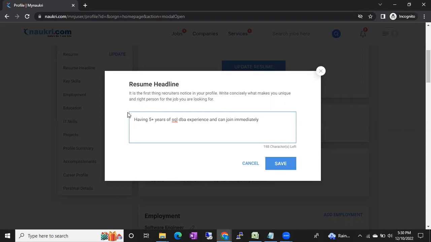So like this you have to change your resume headline, guys. You have to create an impression that you are going to join the company immediately, and try to include the experience you have. If you are a SQL DBA, try to include the SQL DBA experience. If you have any other technology experience, try to include the experience in number of years, in which domain you have the experience, and when you can join. Try to include these three things in the resume headline, guys. This is very